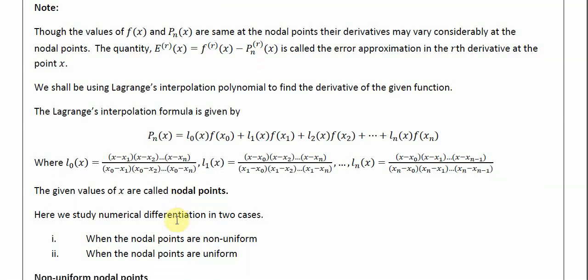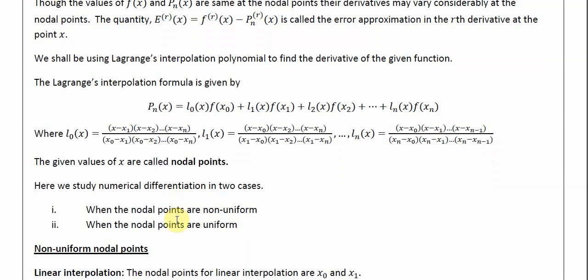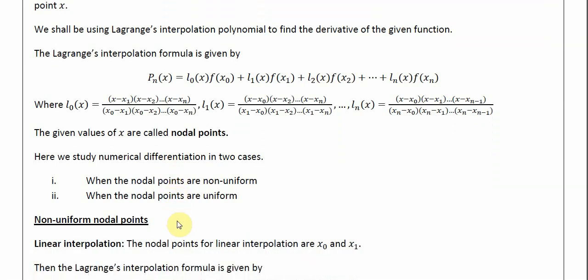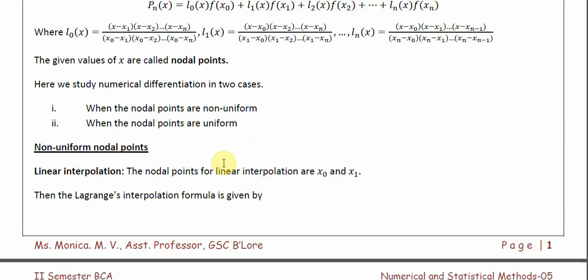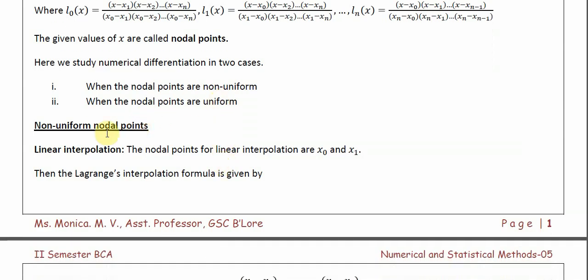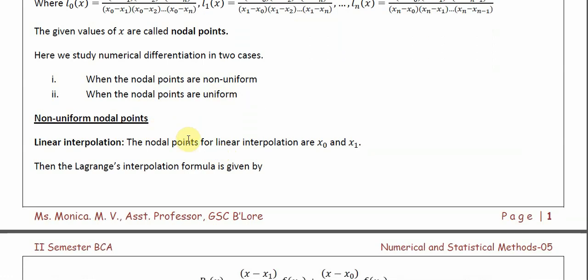Now, all said and done, we are discussing numerical differentiation in two cases. Those two cases are when the nodal points are non-uniform and when the nodal points are uniform. What do we mean by non-uniform nodal points? The x values are not equally spaced, and uniform nodal points means the x values are all equally spaced. So the first case, when the nodal points are non-uniform: in that also we have two types to find the derivative, that is the linear interpolation and the